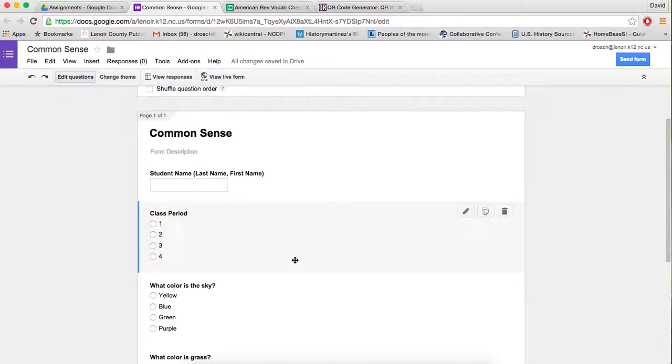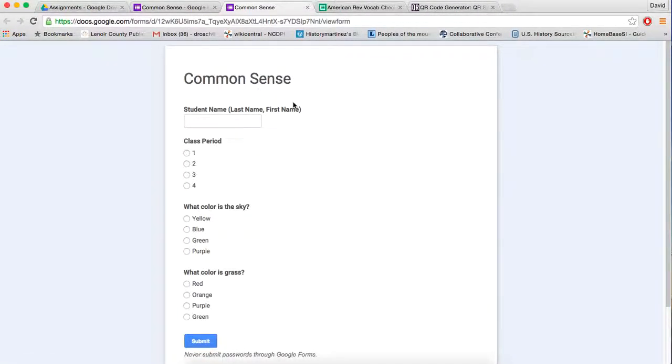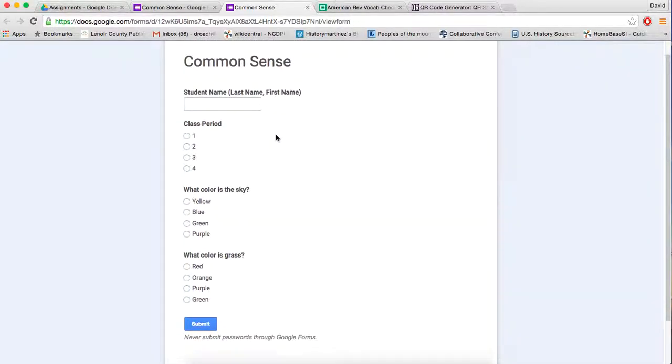What we're going to do now is to create a link for the student to view the quiz. For this, you need to select View Live Form. So here is our live form. This is what the student will see, where they can type in their name, class period, and answer any relevant questions. Now, in order to make this accessible on the iPad, one really cool thing to do is to copy